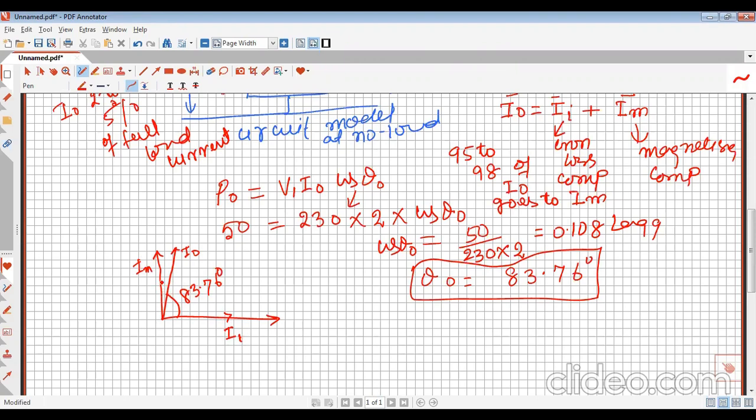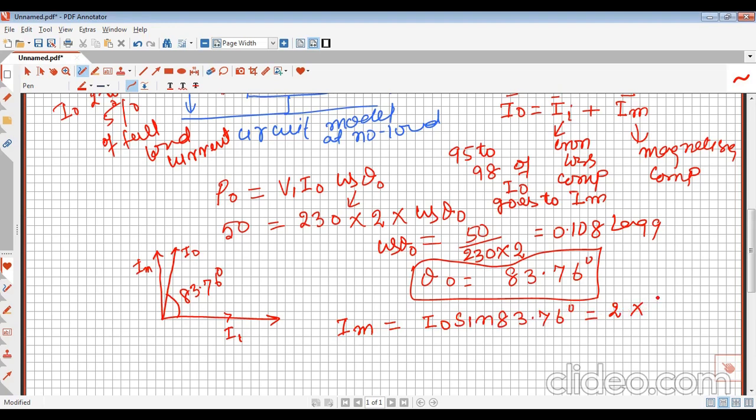So on this axis, if we break IM into components, we can see that IM is equal to I naught sine 83.76 degree. Putting the value of I naught as 2, and sine 83.76 degree,